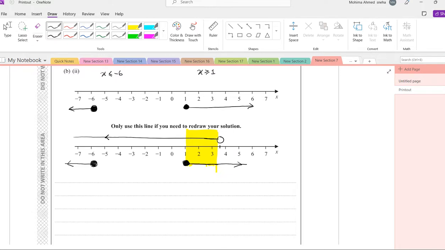So this is one of the regions that is common between both the inequalities, and the other common region is this,